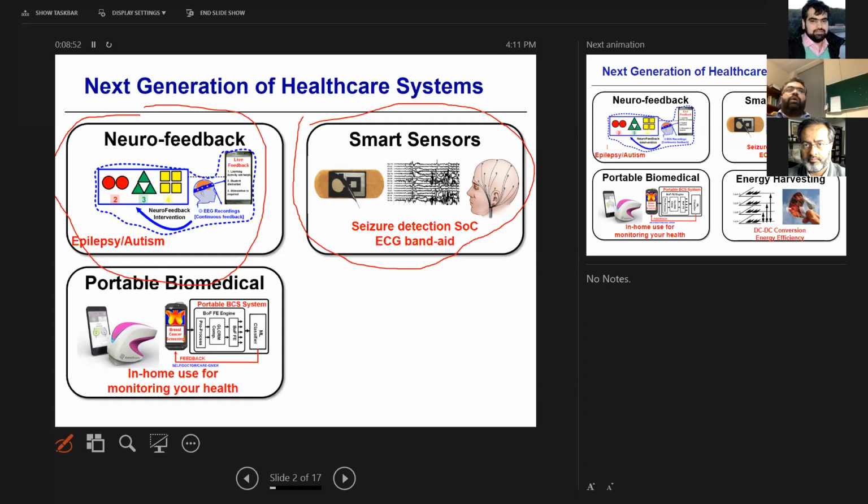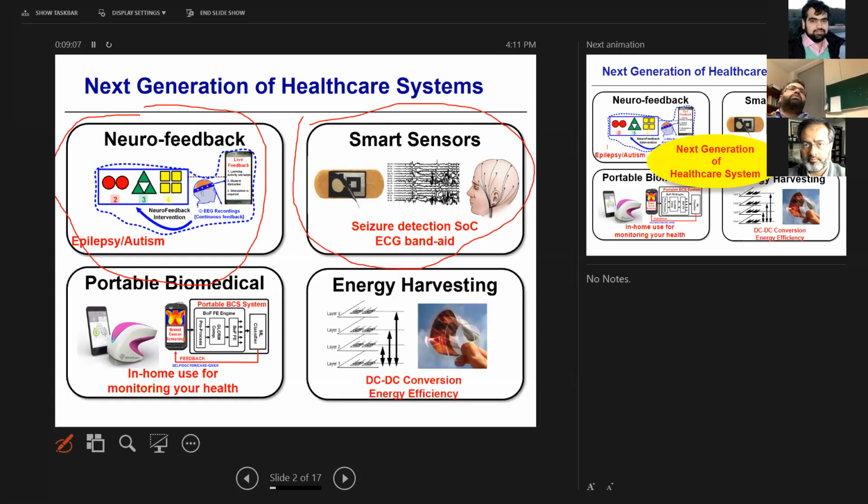So we have developed a system based on thermograms, which is also used for detection, and we have included all the digital backend for how we can detect that. On top of it, we also seek to work on energy harvesting, since we want to operate these smart sensors for a longer duration.